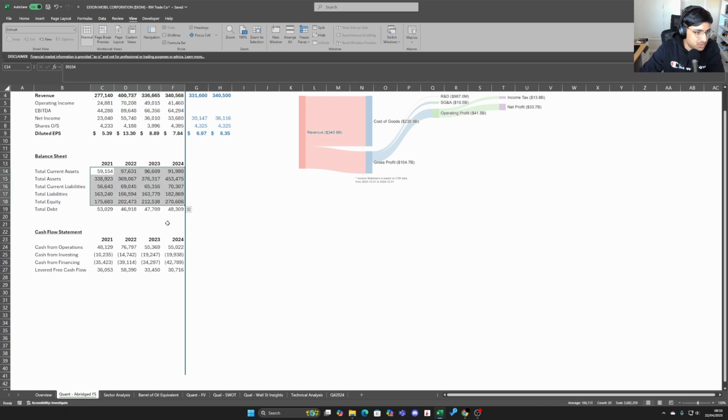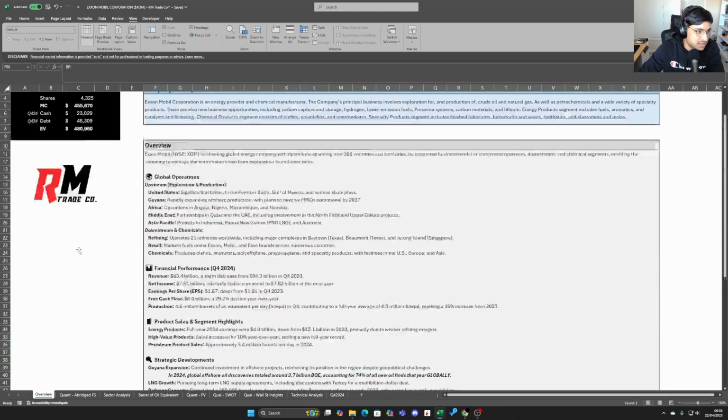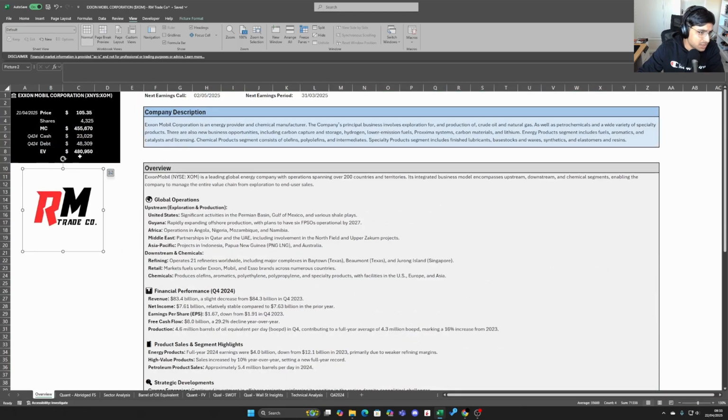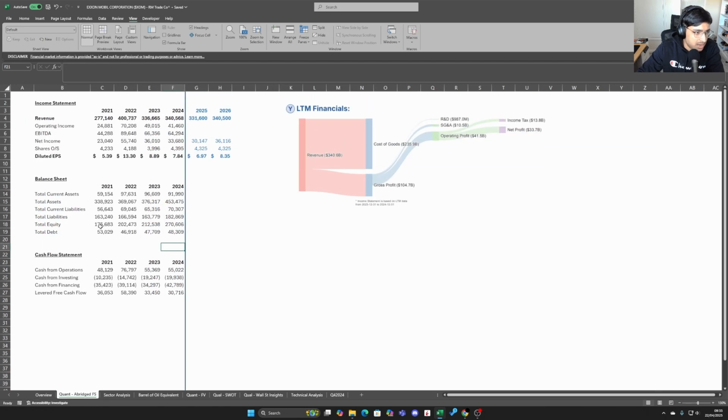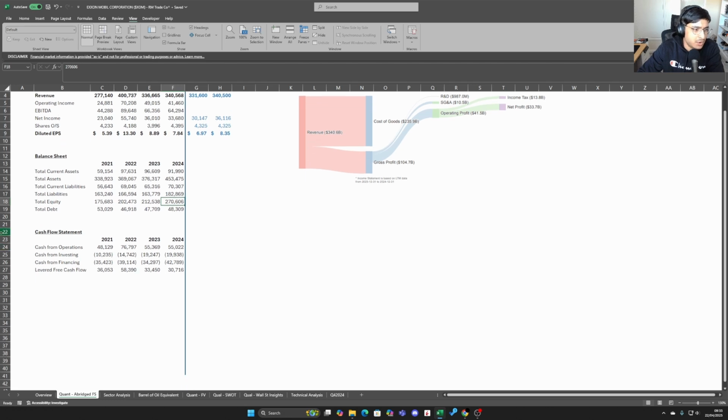The balance sheet is okay. Obviously, with any oil and gas company, they do have a greater debt to cash position, creating, as I said before, a higher enterprise value versus the market cap. But when you look at things like the current ratio, so the current assets versus current liabilities, there's more current assets than liabilities. And when you look at the overall equity position versus the overall liabilities position, the equity position is greater.